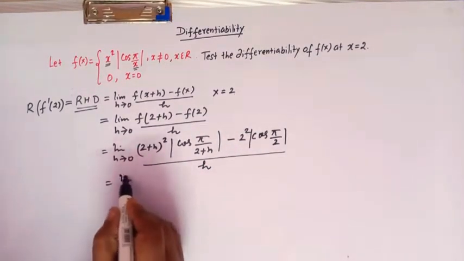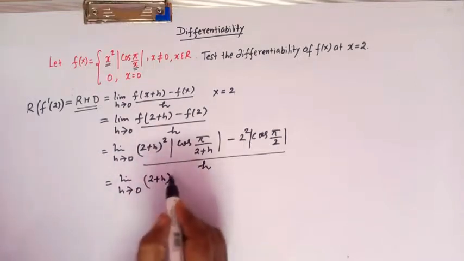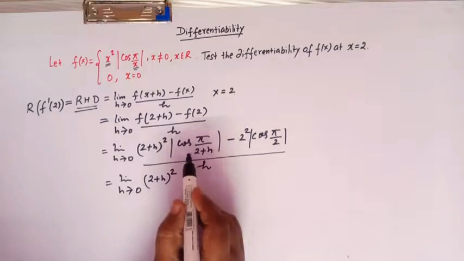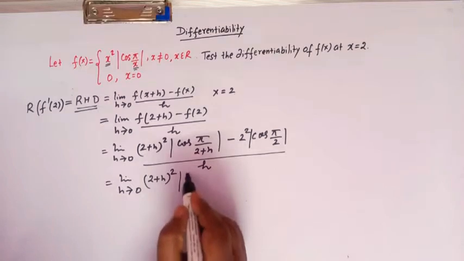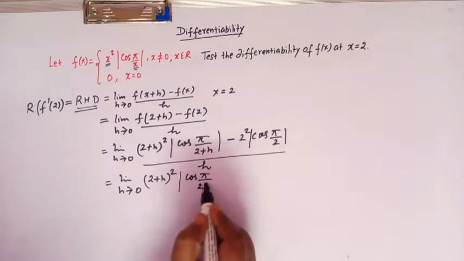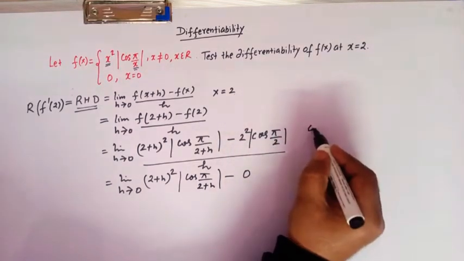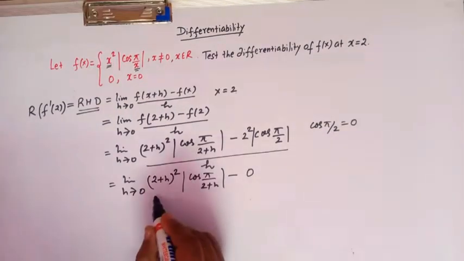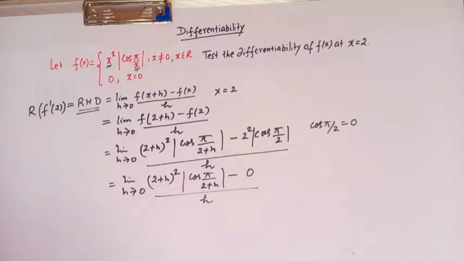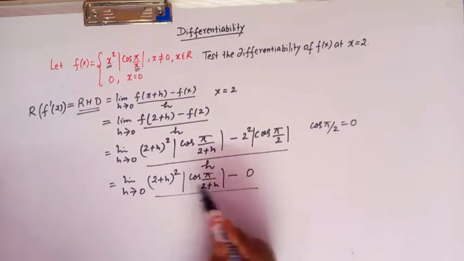So now we have limit h tends to 0, this is 2 plus h whole square, and here we have mod of cos pi over 2 plus h, and here we have 0 because cos pi by 2 is equal to 0, right? And divided by h, right? Okay, now here let us see the value of mod of cos pi over 2 plus h,